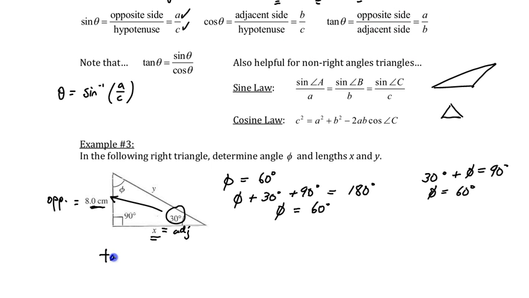So tan of 30 degrees will be equal to 8 centimeters divided by x. So rearranging for x, you'll have x equals 8 centimeters divided by tan of 30 degrees. And this should give you an answer of